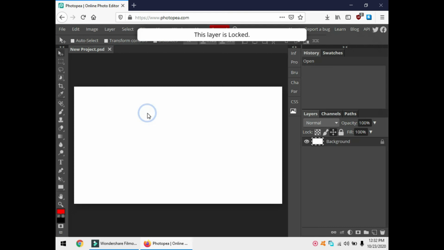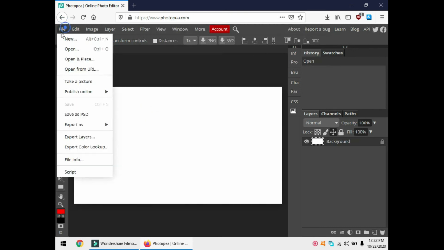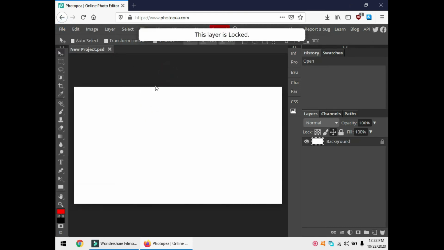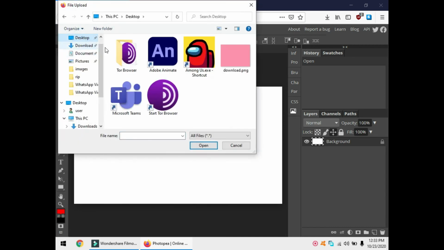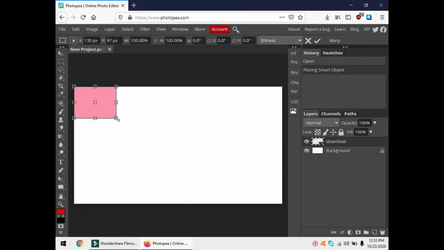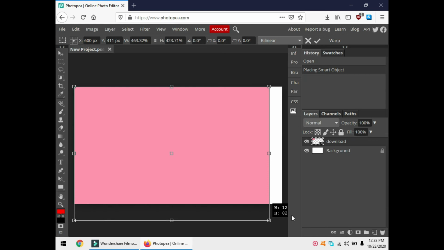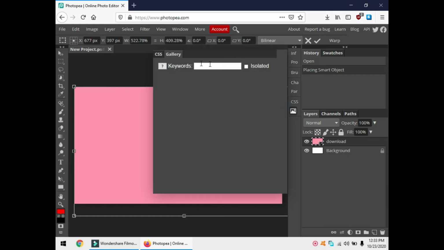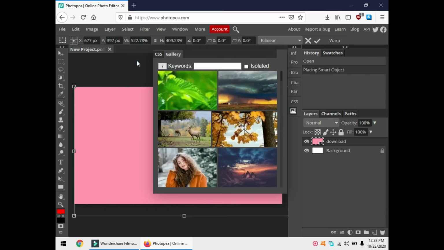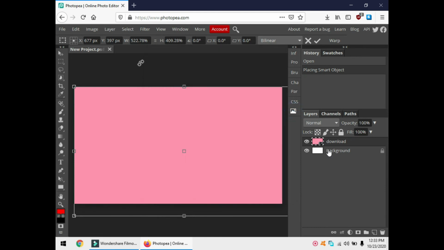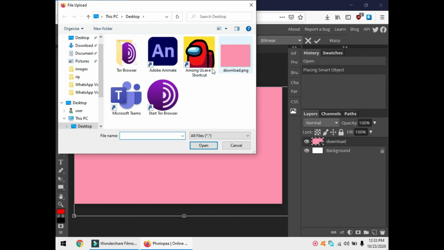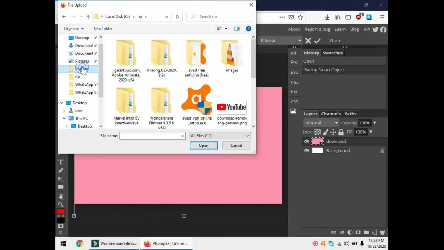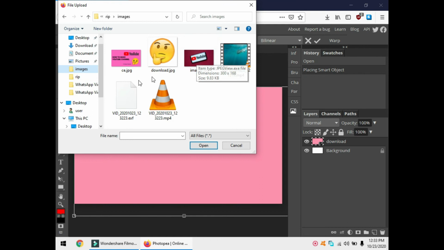It's also free, and it's ready. Everything is ready. Open and paste now on the desktop, and here nothing is available. You should make everything available. If you want any image, you can search here. Now next, open and paste. Next one is